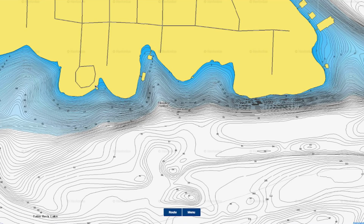The common denominator, though, is that the bass are moving up to spawn, then there's a cold front, and it knocks the fish off the banks, and it causes them to suspend over deeper water. Now, deeper water can be very relative depending on how deep your lake is and the water clarity of the lake you're fishing. For example, on Table Rock Lake, deep water might be 25 to 30 feet of water like